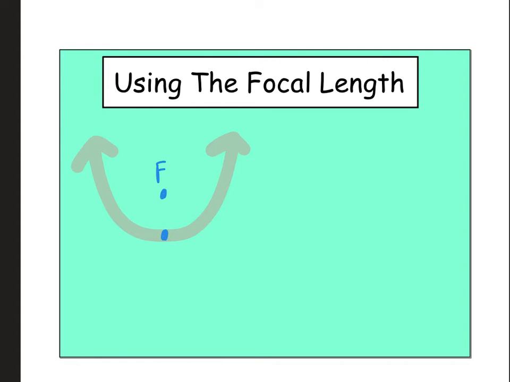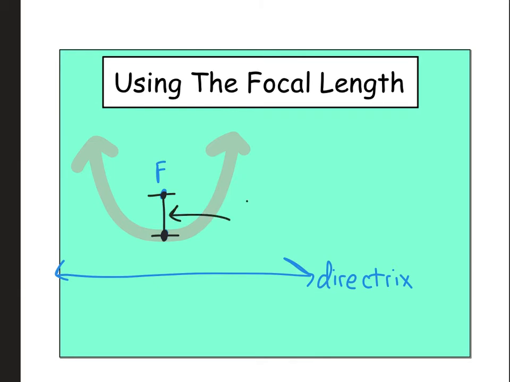The directrix again will be the same distance but down here. Now the distance from the vertex to the focus, from there to there, is what we're calling the focal length,